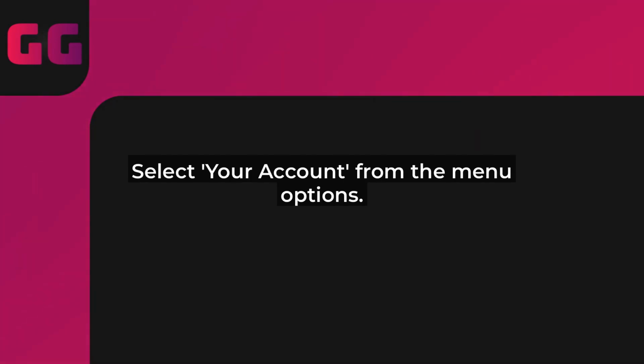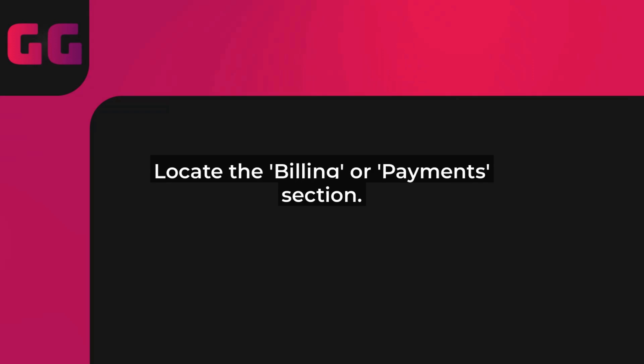From there, select Your Account. You'll land on a dashboard with various sections. Scroll down or use the search bar to find Your Payments or Billing. Amazon might label it slightly differently based on your region or the latest updates for 2025. Now, click on Billing Address or Payment Methods. Look for the Transaction History or Billing Statements link.